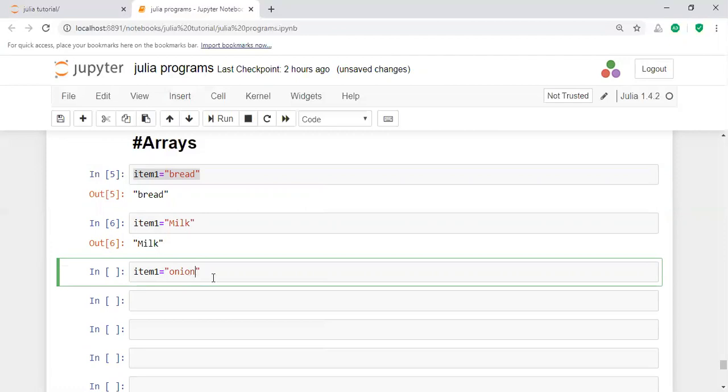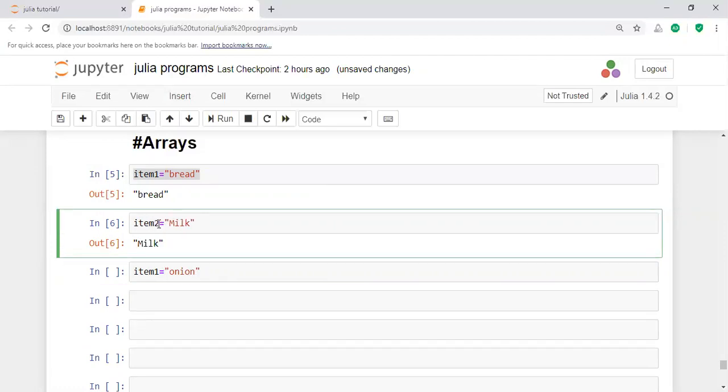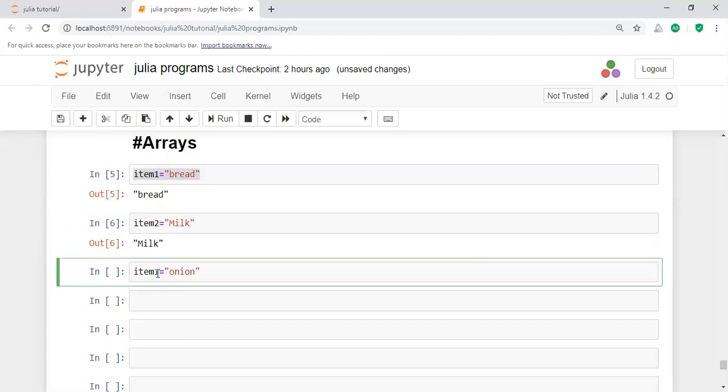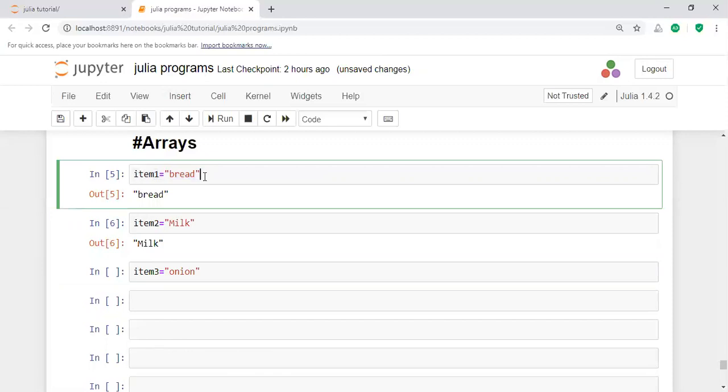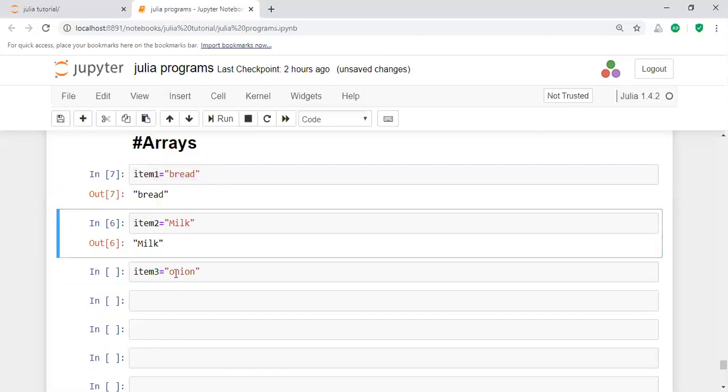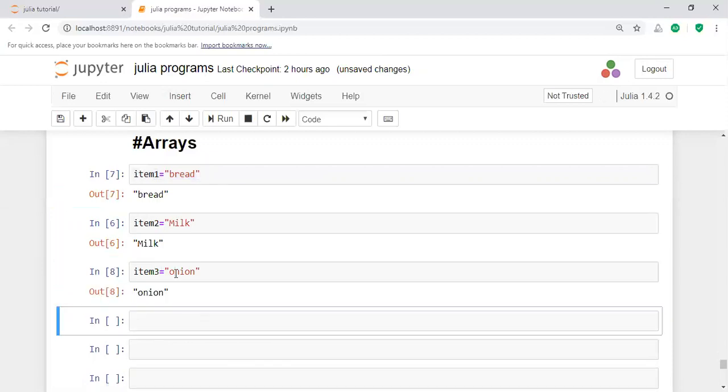So item 1 is bread, item 2 is milk, item 3 is onion. If you execute this, in this way, if you want to represent more items, you have to take more variables.